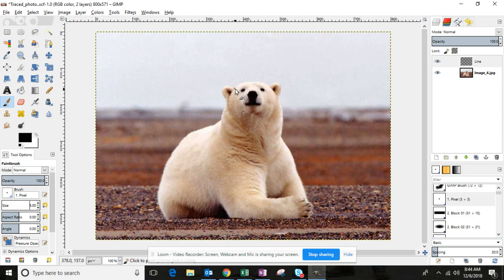So we're simply going to click with our mouse. Your mouse is your paintbrush. Click and hold, and you're going to drag to outline the image. See, it's kind of tricky with that mouse of the polar bear. Now, one thing you want to make sure, I'm actually going to undo that